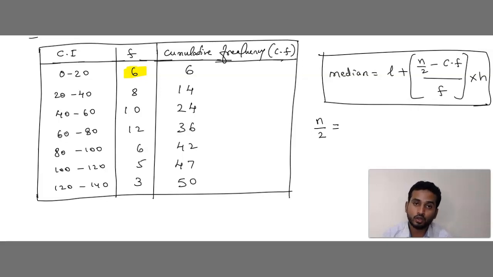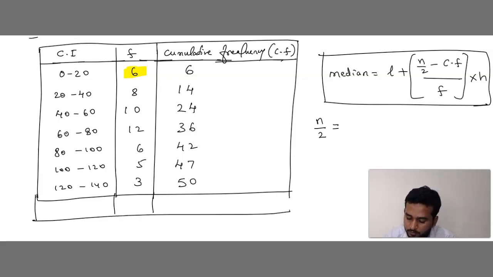Second thing, you need to cross check before itself whether the table I have constructed here is right or wrong. First we must check. How? Observe. How to solve this? Very simple. I'll show you. Just add all f. You know that n is sigma f. Means if we add all f, that is n.